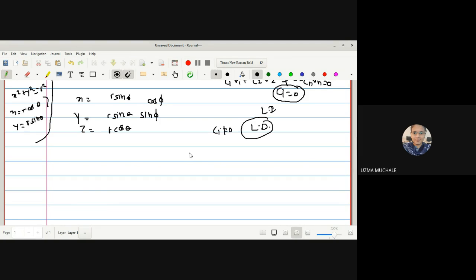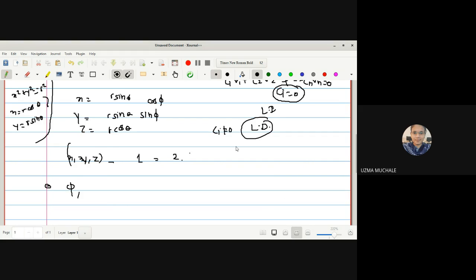Now here we say that if x, y, z are linearly dependent, that is, three coordinates related by one equation, then we get only two generalized coordinates. So in this case we can consider theta and phi as the generalized coordinates. Now let me draw the image for that.